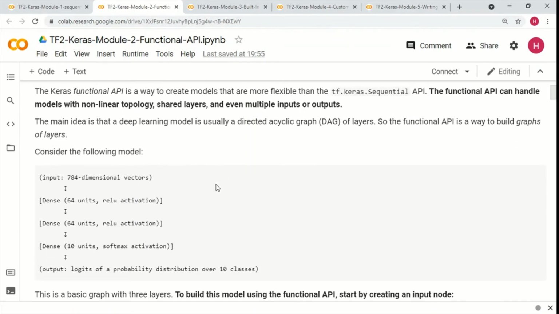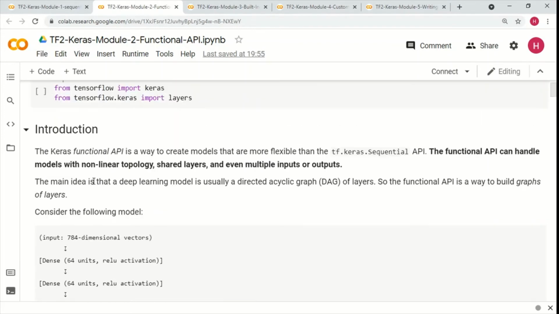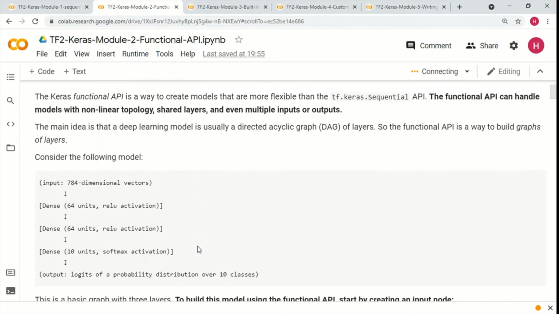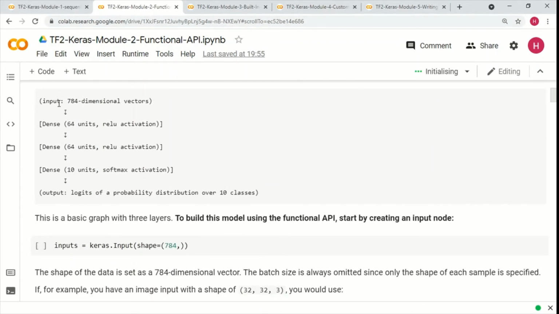So let's say we wanted to create a model like this starting with a 784. So let's just quickly import the libraries and then let's get into the discussion. So let's say we wanted to create this model like input, then 2 dense layers and 1 output layer with a softmax activation.